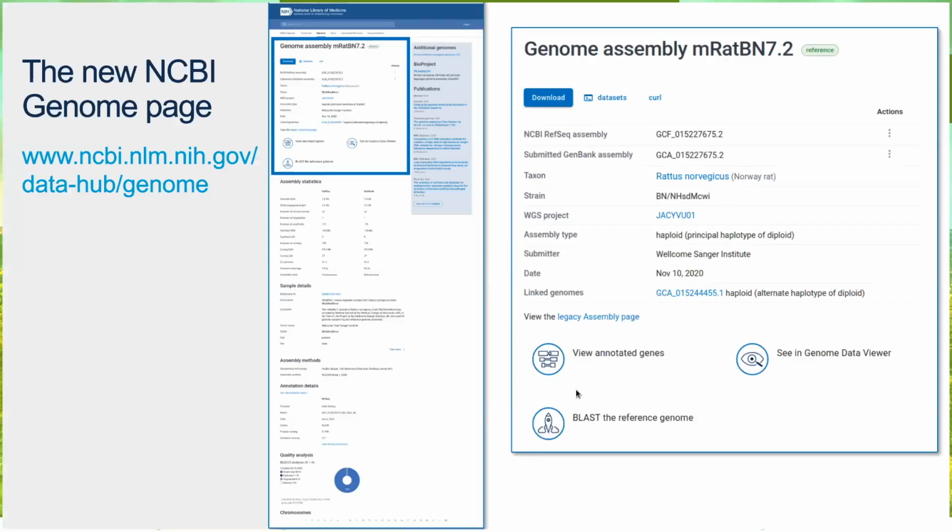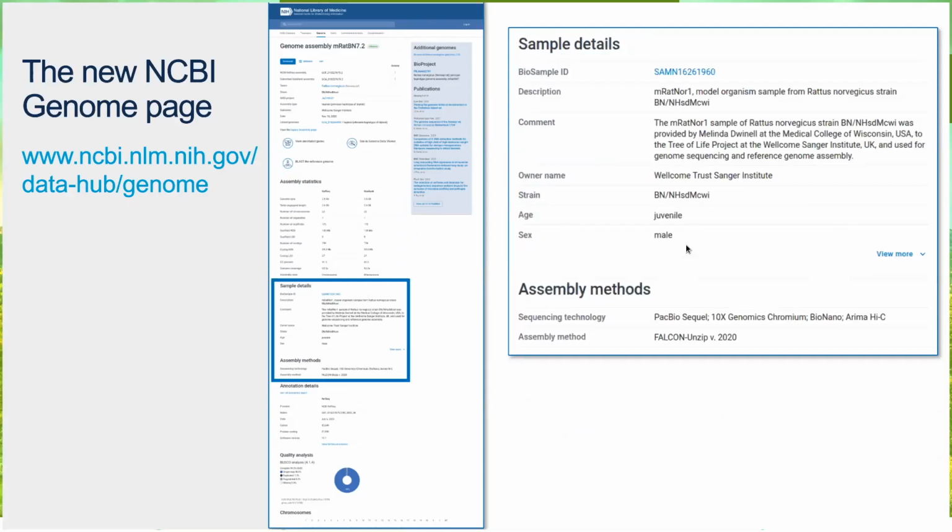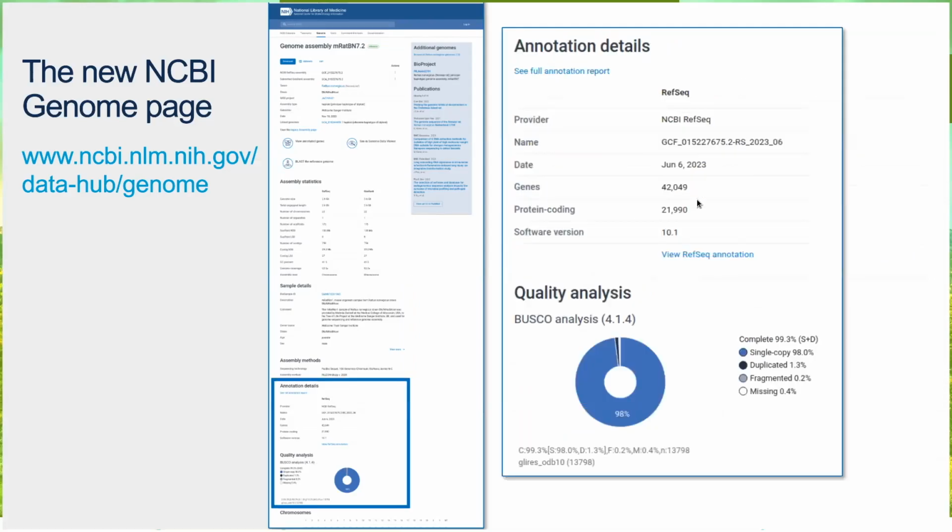If you go to the redesigned NCBI genome page, you can see that we have the assembly information right at the top, followed by assembly statistics, sample details about samples that were used for the genome, and finally annotation details. I am running through this very quickly, but the idea here is that these redesigned web pages provide a lot of information that was scattered across multiple different resources within NCBI that's being brought into a single easy to use page. And you can even download the genome and genome data from this page just by clicking on a few